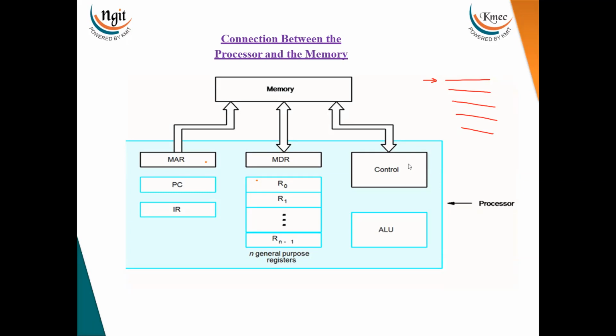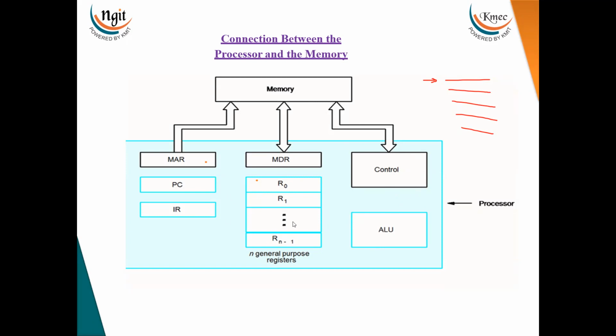Not only read and write, it has so many instructions. It will read the status of each and every device, and there are many other control instructions, but the most popular control instructions are read and write, and the ALU will do the arithmetic and logical operations. This is about the